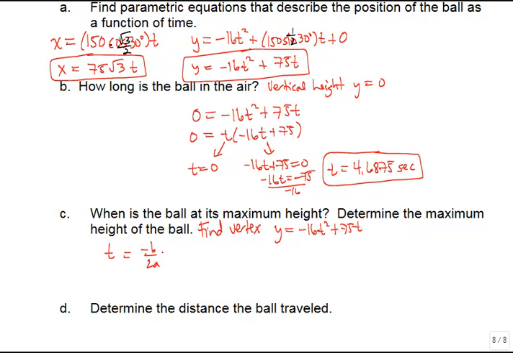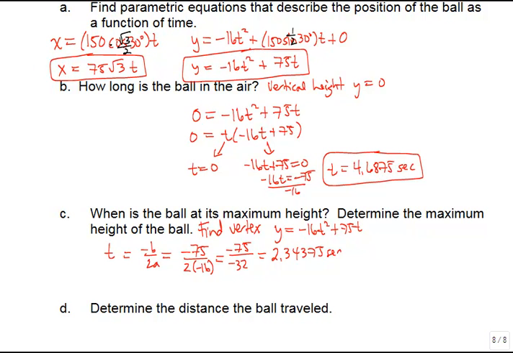So this is going to tell me the time when I reach my maximum. So let's figure it out. If I plug in, b here is this 75, and I want to divide that by 2 times a, and a is that -16. So this is -75 over -32, and that reduces to